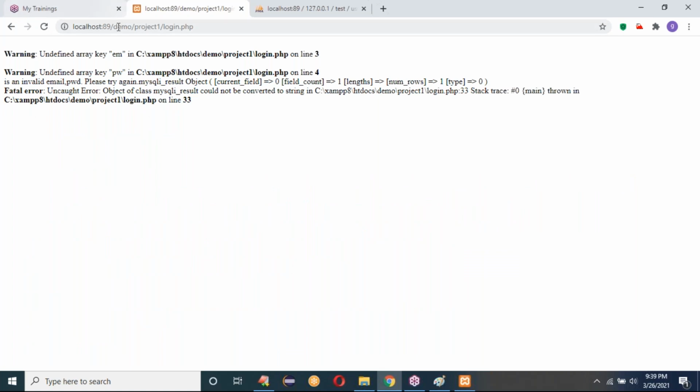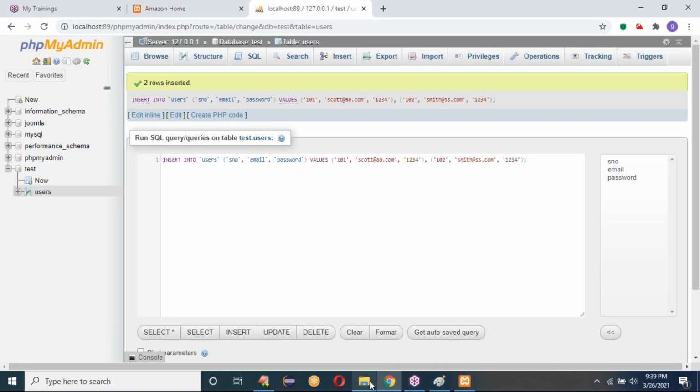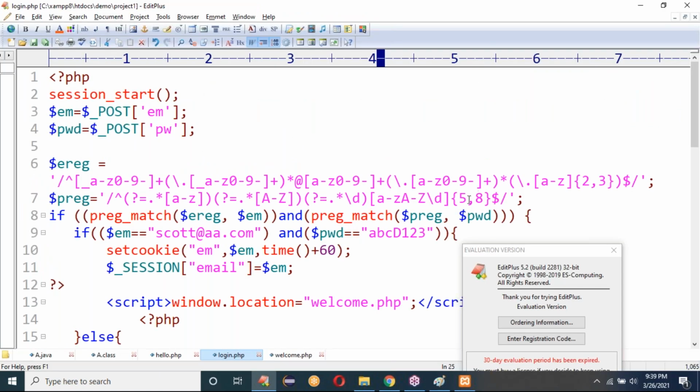So here I want to learn it from the beginning. Here signin.html. Here I'll write here scott@aa.com and my password is 1234. I'll click on that login. 1234 only I entered here. So it is asking us to write minimum 5 characters. So what is our length here?